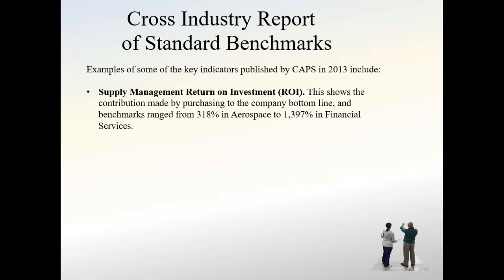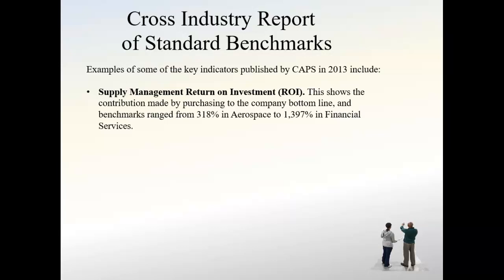One convenient source of such benchmarks is the cross-industry report of standard benchmarks, which is known as CAPS. It's published biannually. This report provides an updated list of 21 commonly referenced procurement benchmarks organized by industry. So we're going to start discussing some examples of the key indicators published by CAPS, which include